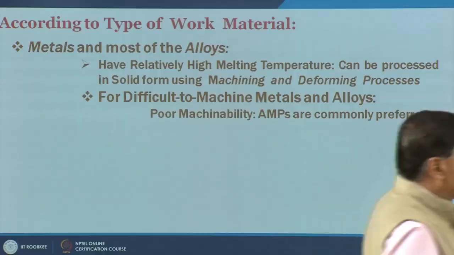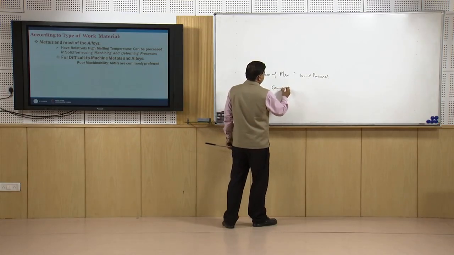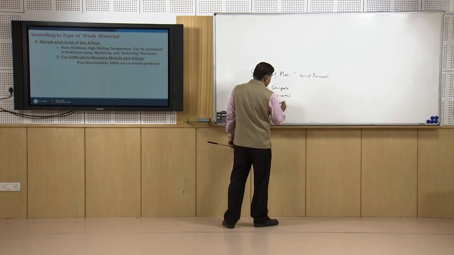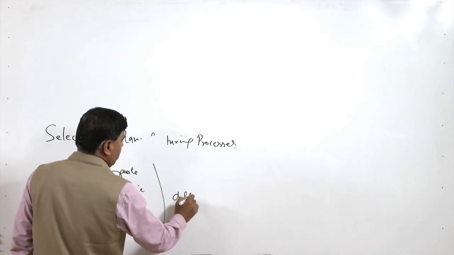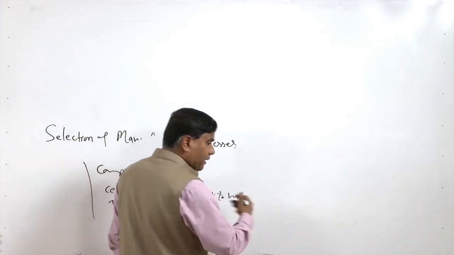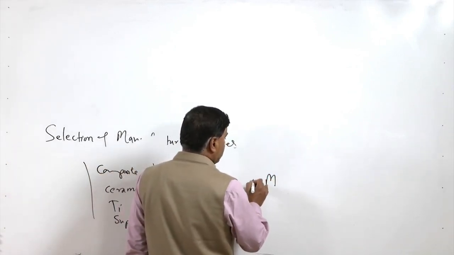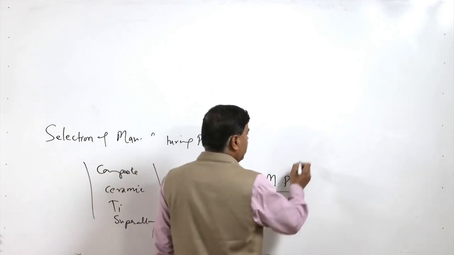So, materials like composites, ceramics, and certain metal systems like titanium alloys and super alloys are difficult to machine materials by the conventional processes. So, it is preferred that advanced manufacturing processes, AMPs, are used for them, and there are a number of